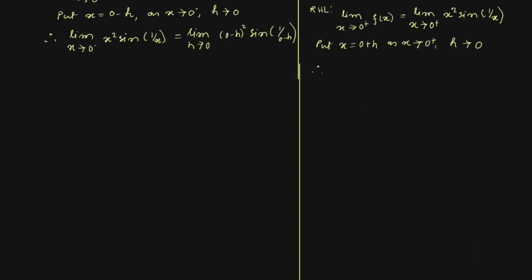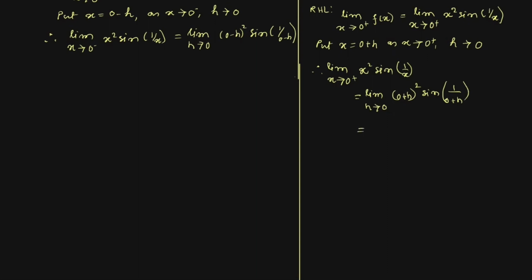Therefore, limit x tends to 0 plus x square sine 1 by x, we are able to write this as limit h tends to 0, (0 plus h) whole square sine 1 by (0 plus h),